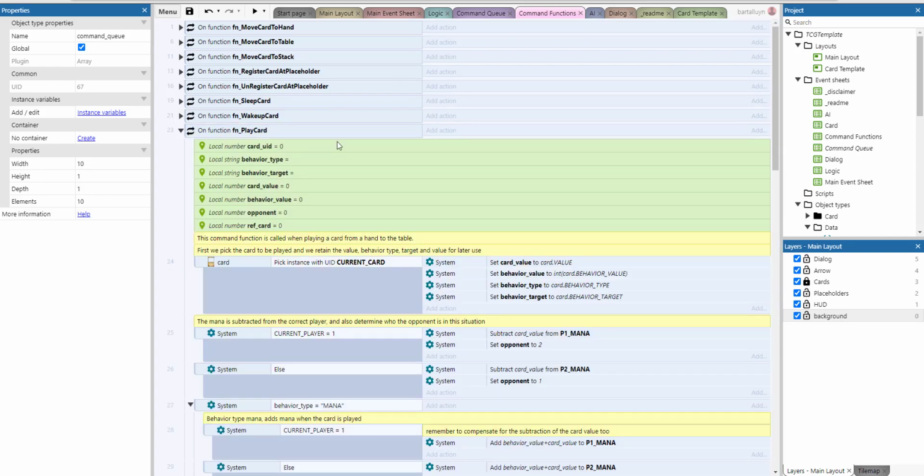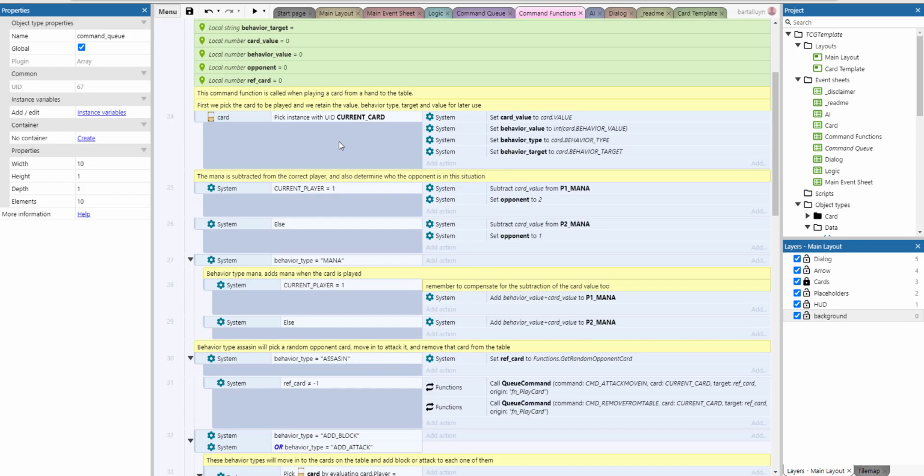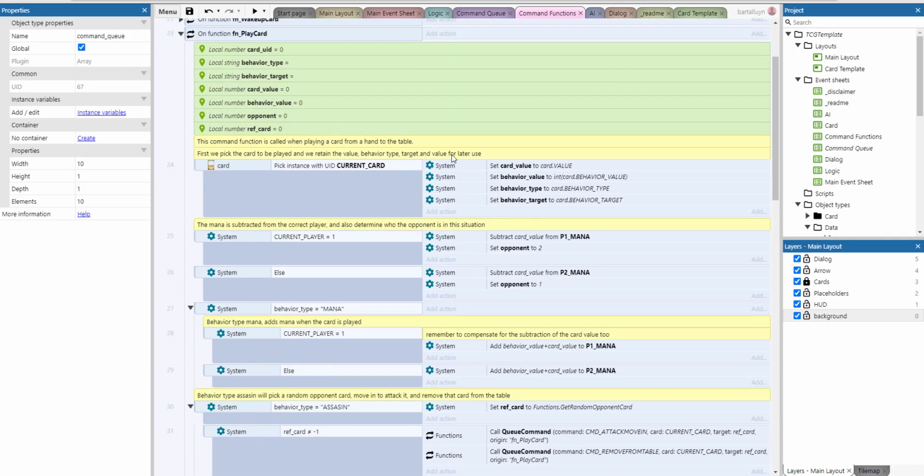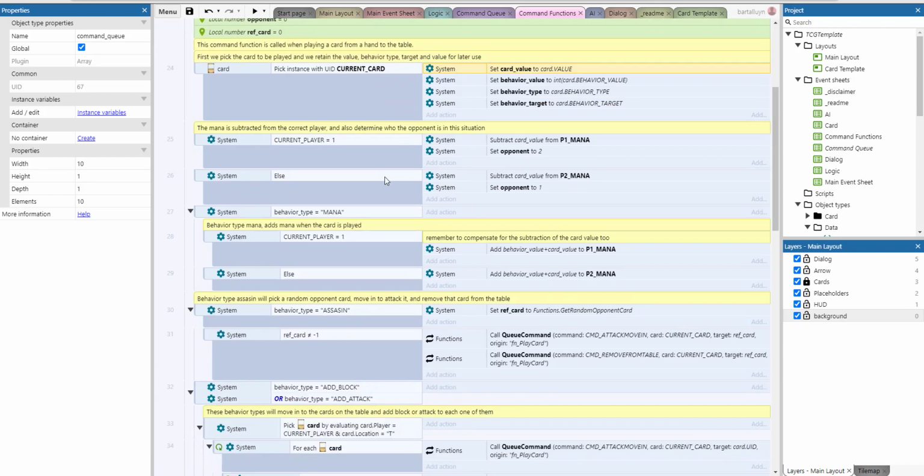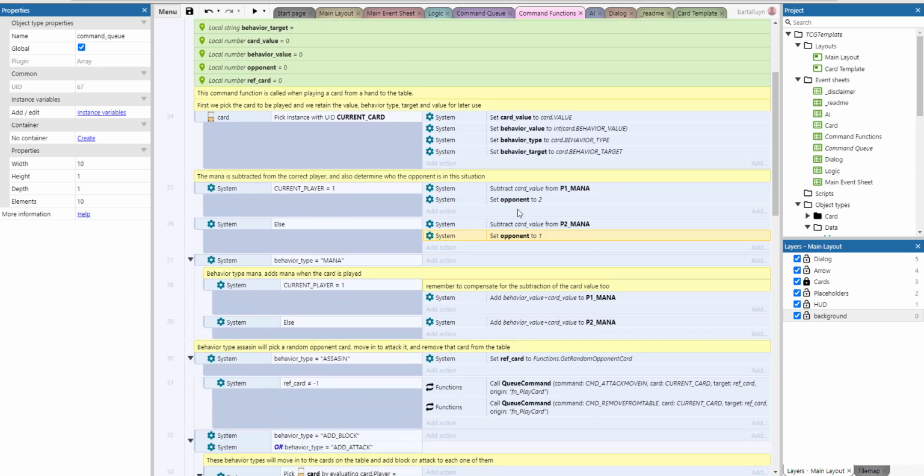Play card means playing a card from the player's hand. So the command function is called when playing a card from the hand to the table. So first we pick the card to be played and we retain the value, behavior type, target and value for later use. That's what we do here, and we store these values in local variables. The mana is subtracted from the correct player, and we also determine who is the opponent in this situation, because these functions of course are called both for human players and for CPU players. So these functions are independent of that,